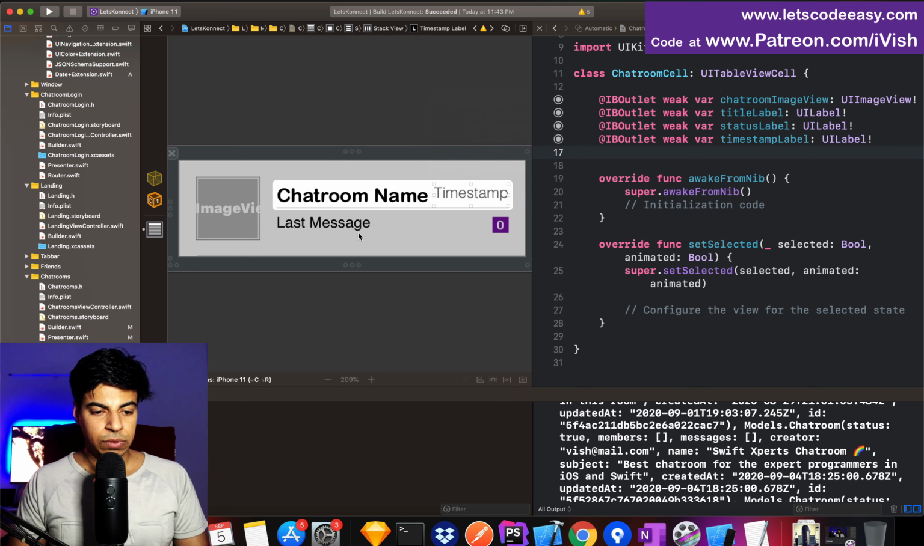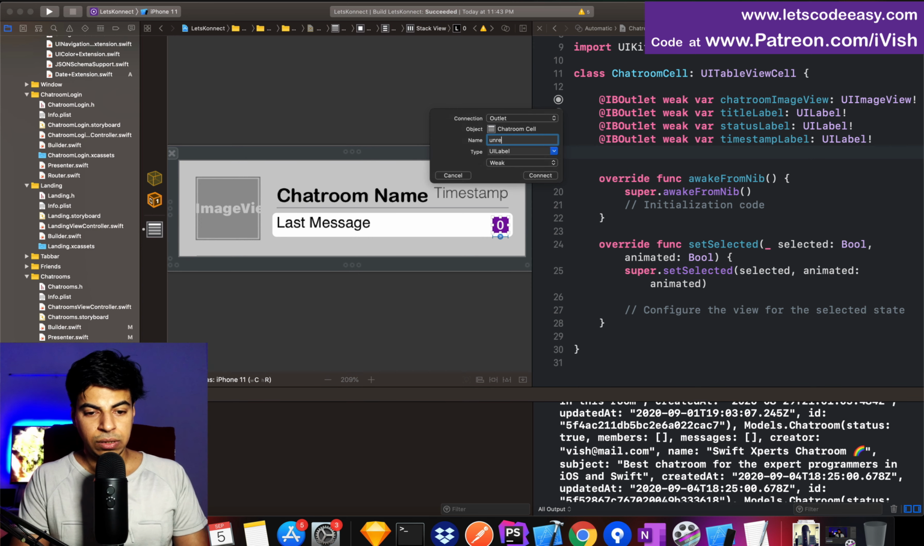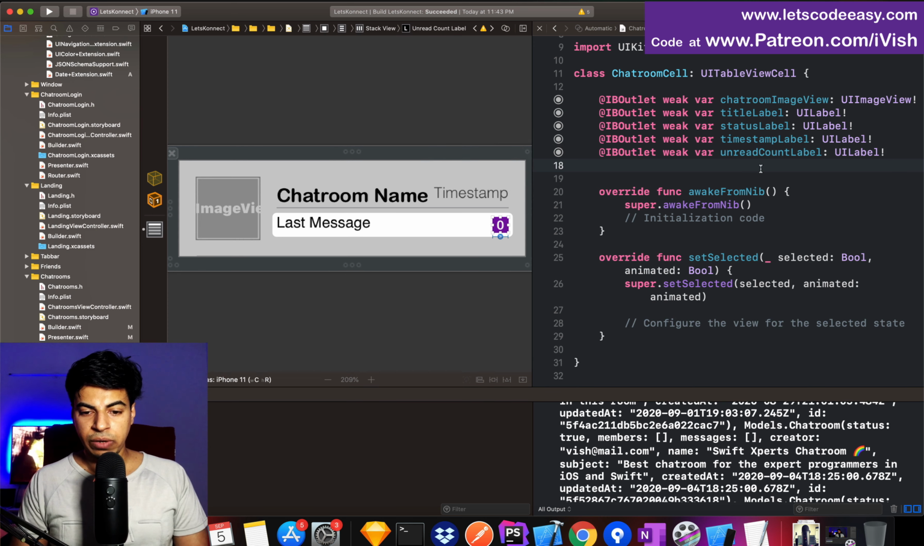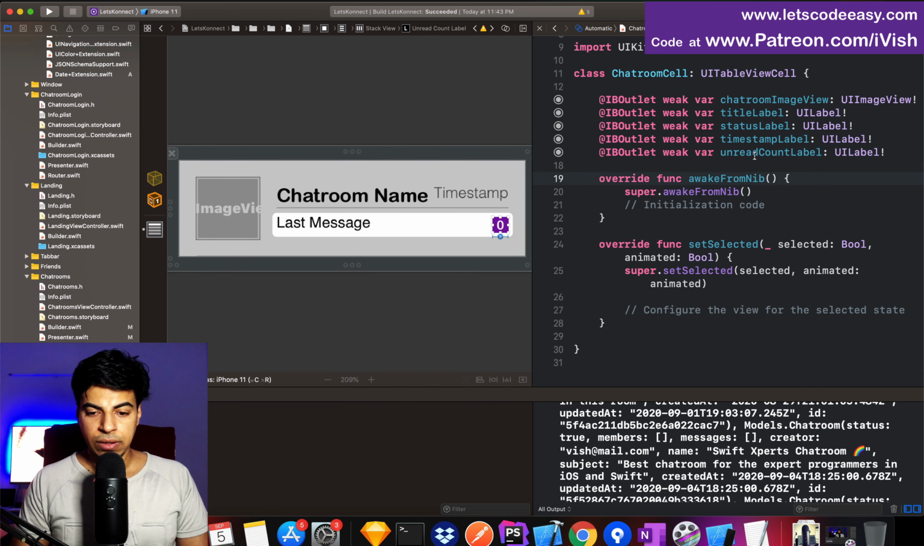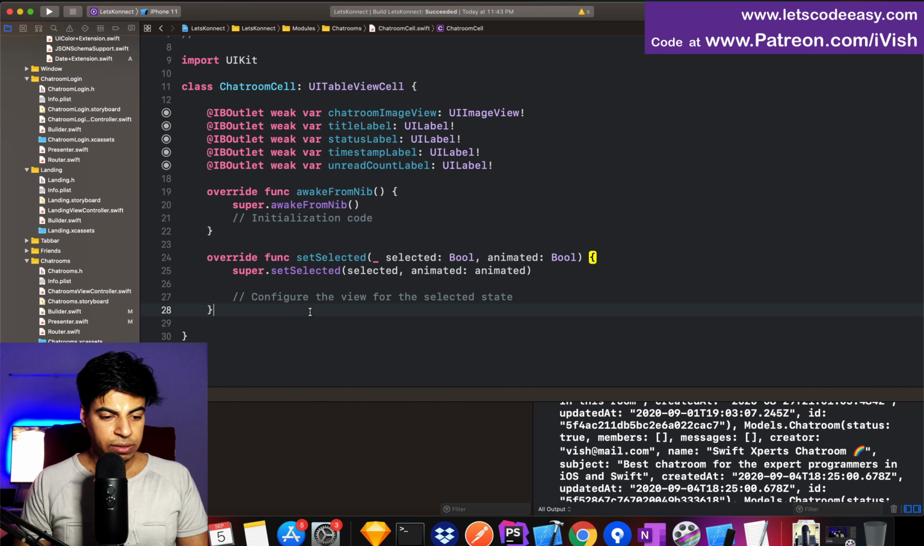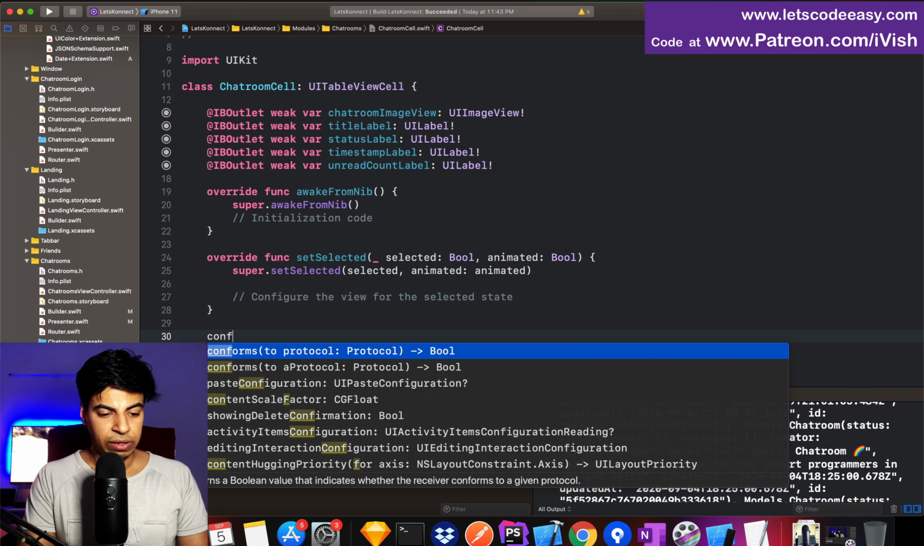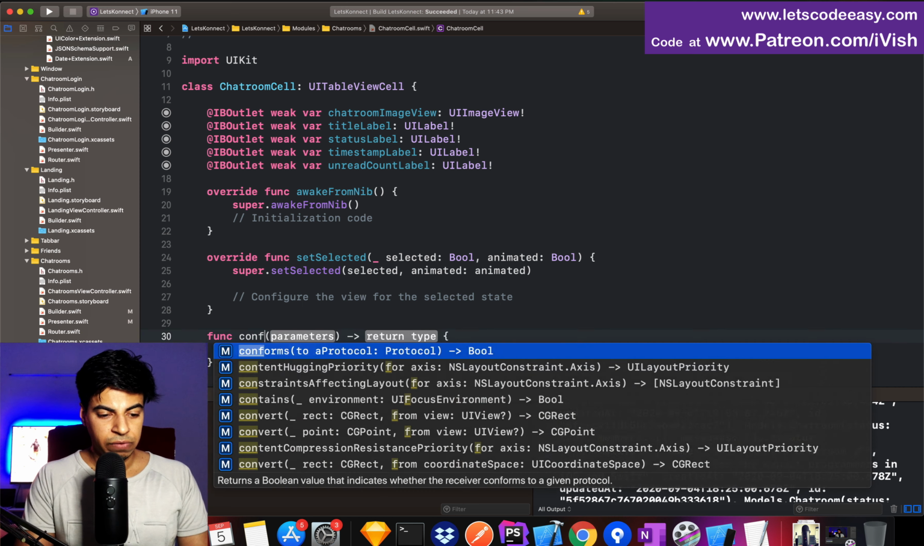And last messages have captured. This is going to be 100 count label. Pretty much whatever we have is there. Now the cell's job is done. I'm going to implement things required here. So I need a configure function, configure,